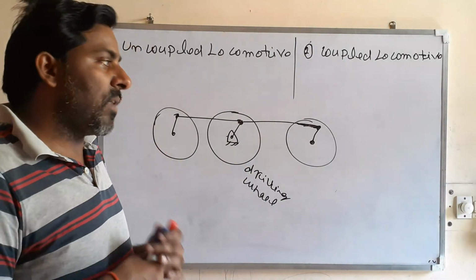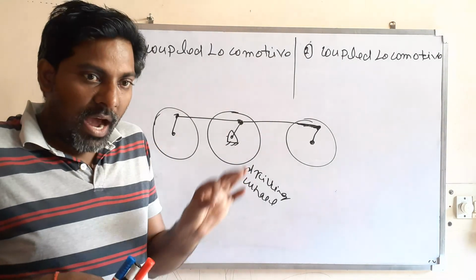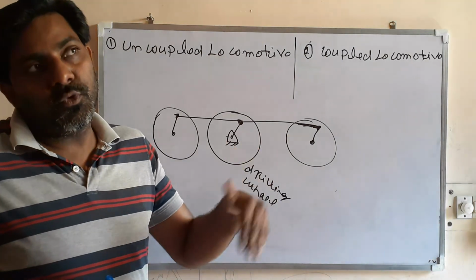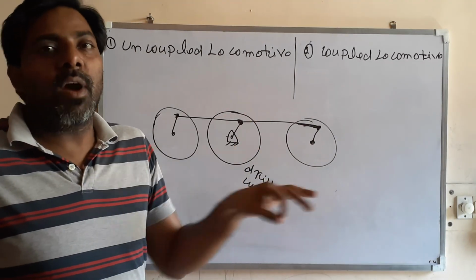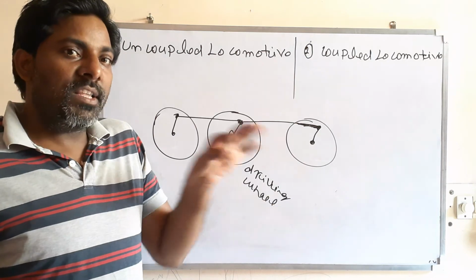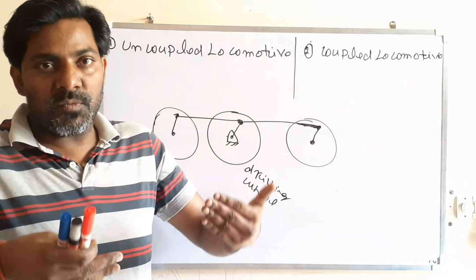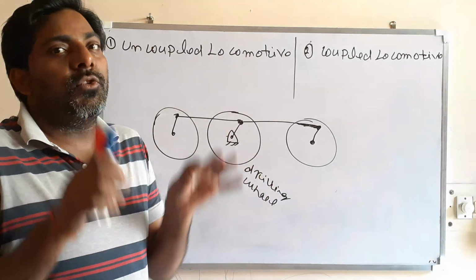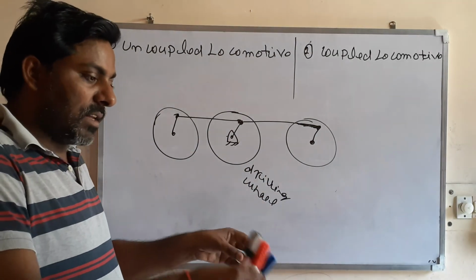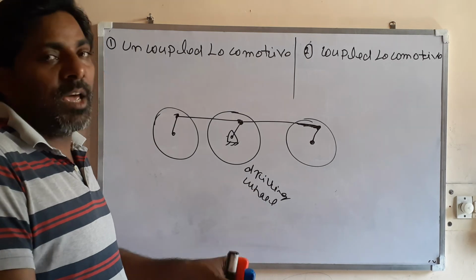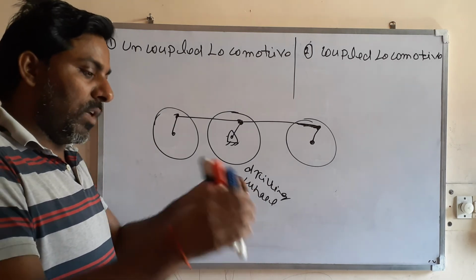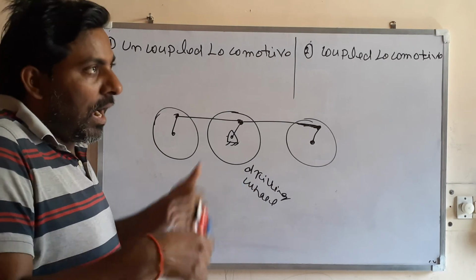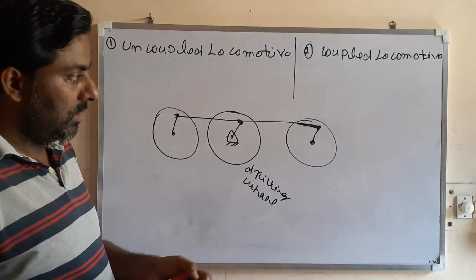Now I will see the two-cylinder locomotive. I will do the partial balancing of the two-cylinder locomotive and see what the effects are, means what unbalanced force and couple arise for the complete locomotive using two cylinders. Means there is an axle, there are two wheels, and each wheel has one cylinder, one here and one here. So I will see that in the next lecture. Thank you very much.